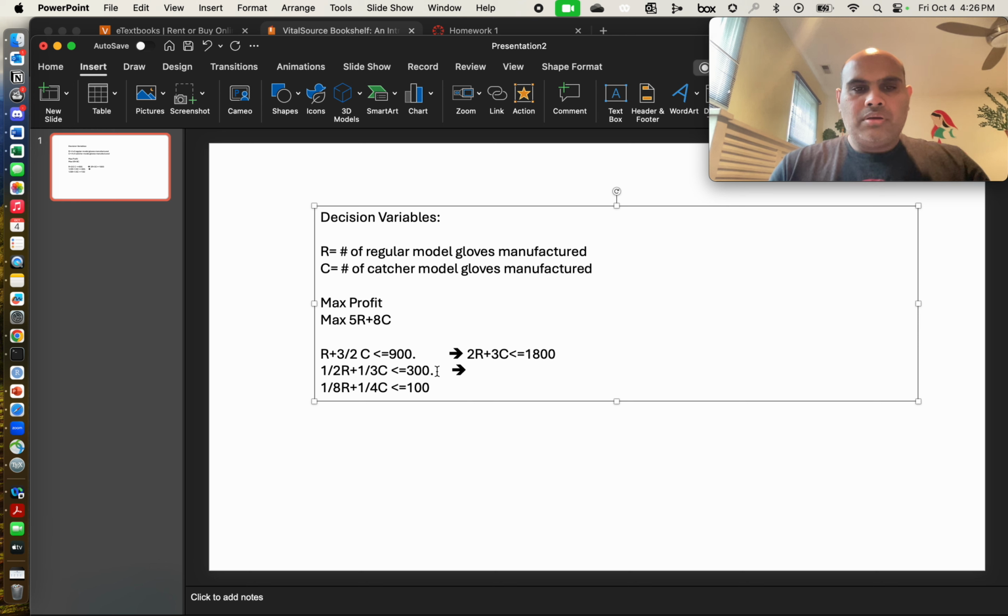Right? Next, this has a 2 in the denominator, there's a 3, so we multiply the whole thing out by 6. So this is going to be 3 times r plus 2 times c is less than or equal to 1800 again, right? Multiply the whole thing by 6. So it's 2r, 3c, 3r, 2c, and then,